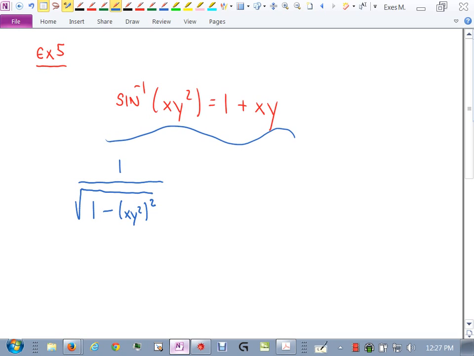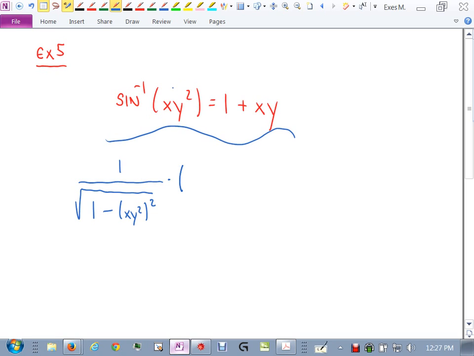Follow? Now we're not done, because the chain rule says you've taken care of the arc sine part. Now go inside and take the derivative of what's in there. So I need to take the derivative of what's in here. So I have to use the product rule in there, right? Because I have x and I have y squared and they're separated by a product. So I need to attach to this